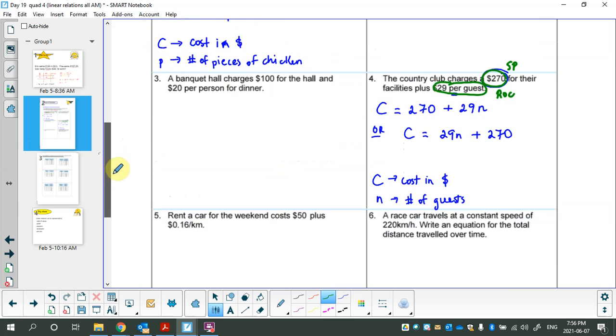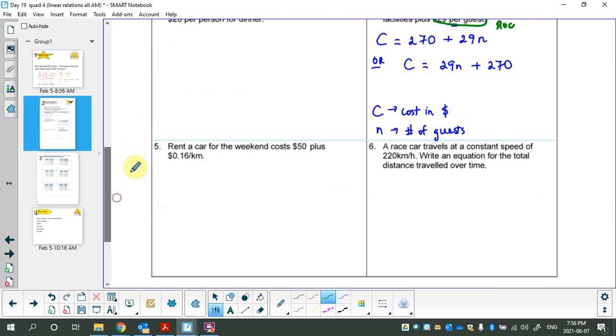So let's see about this last one, the race car. Let's not do a zigzag. A race car travels at a constant speed of 220 kilometers per hour. That's a per. That's a rate of change. Write an equation for the total distance traveled over time. So instead of C, I'm going to use D for distance, equals,